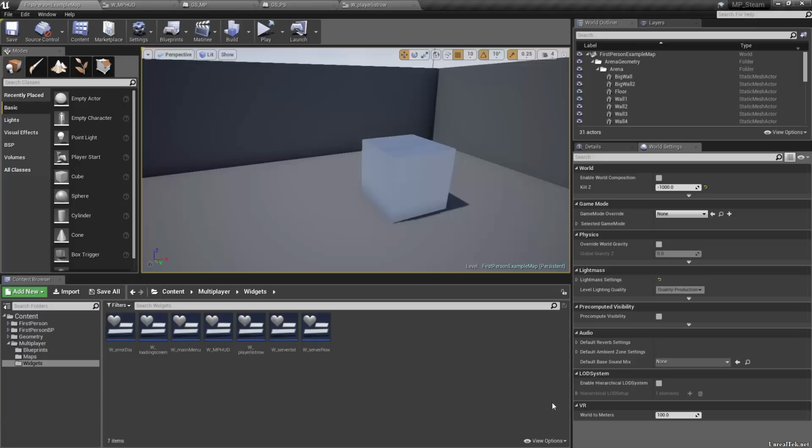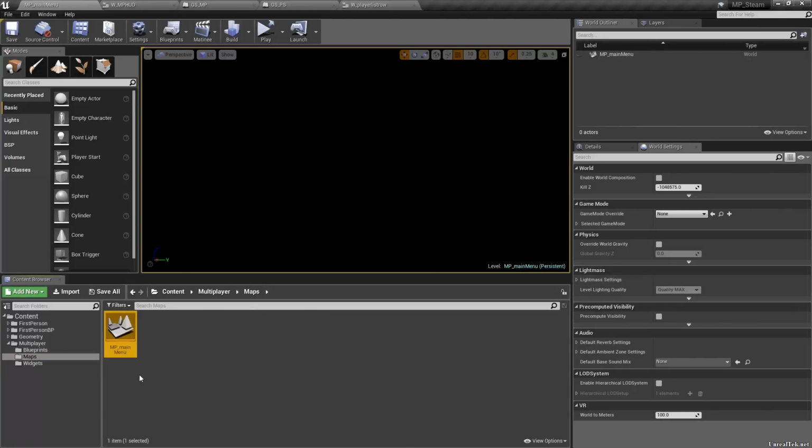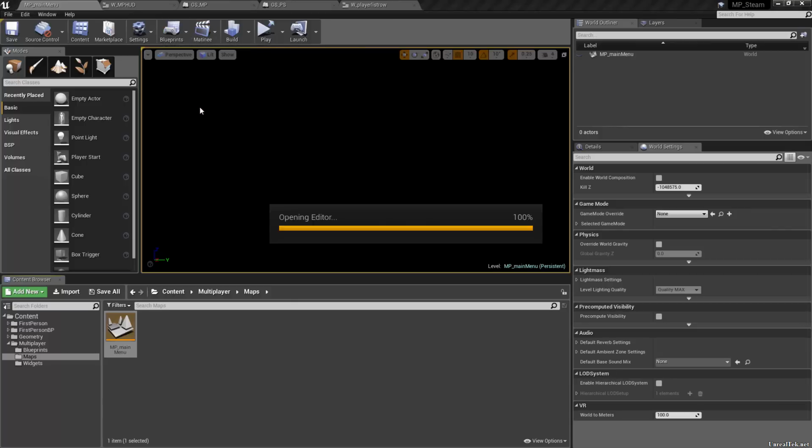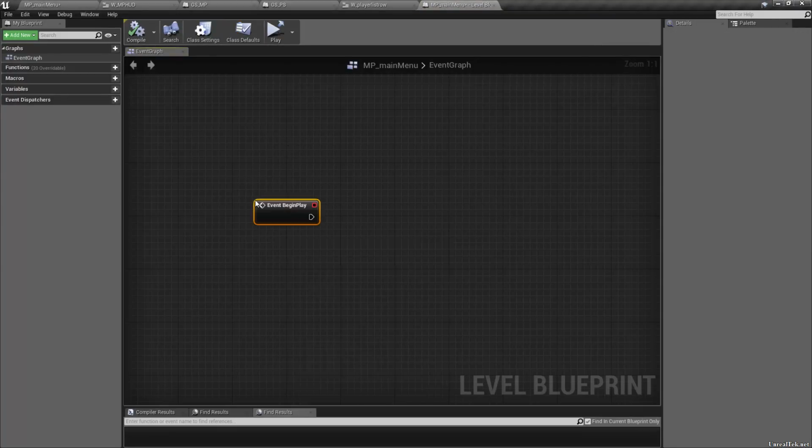So let's go to our maps now. So we have our main menu map. Let's open that. So in our main menu map, we can open up our level blueprint, I guess. Blueprints, open level blueprint. So very easy. You just go event begin play, P left click, and we do a get game instance,